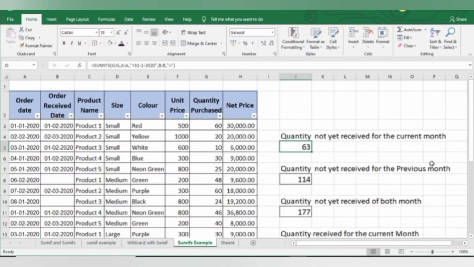And the quantity not yet received for the current month is 63 units. Now for calculating this, I need to use the SUMIFS formula: equal to SUMIFS.